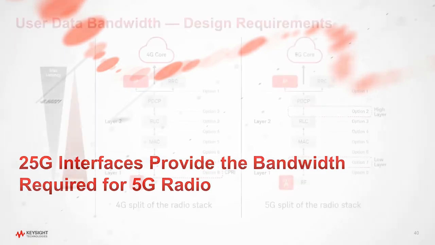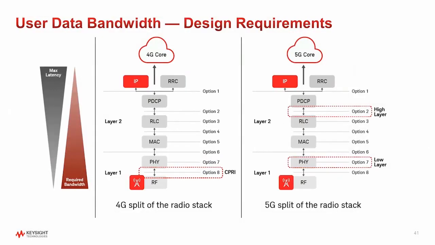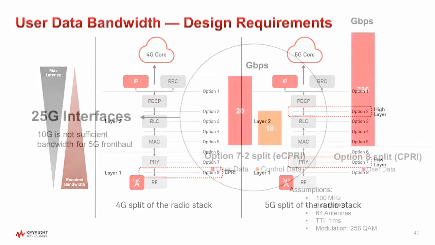Now let's talk a little bit about the interface speeds which are being used to design fronthaul networks. We have talked about the different split options earlier in the context of understanding the latency requirements of the fronthaul. We have seen that as we move from IP to RF, the bandwidth requirements increase, and with more encapsulations being put on the data. The extra encapsulations are actually for providing redundancy, protection for errors, retransmissions, etc.